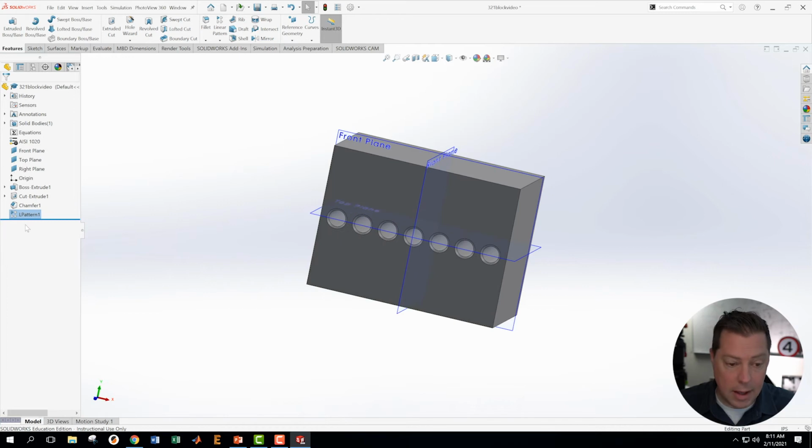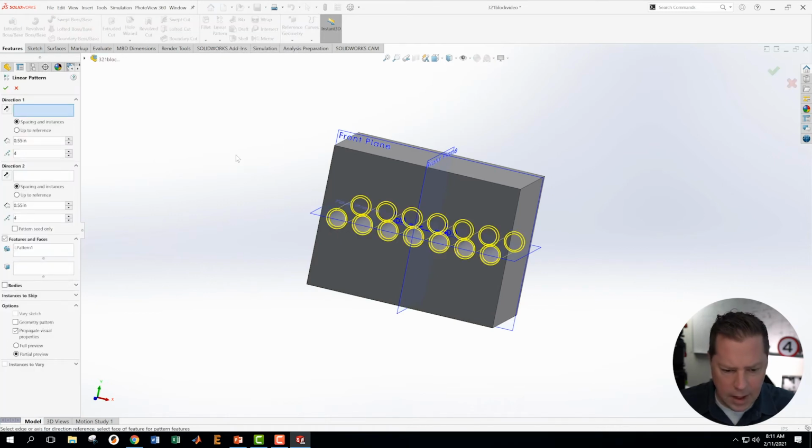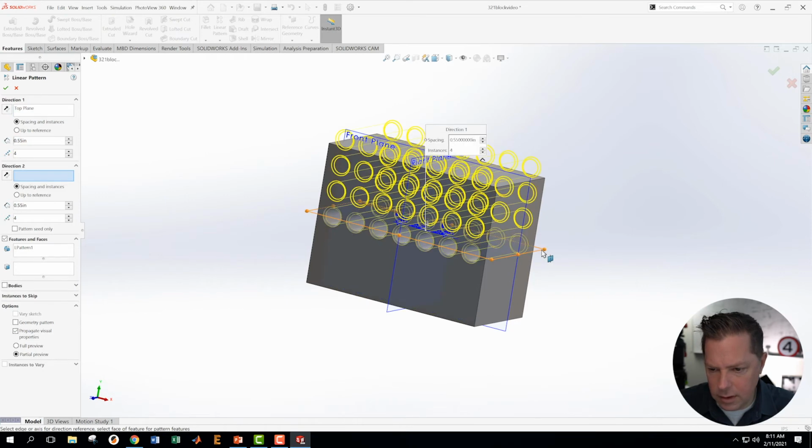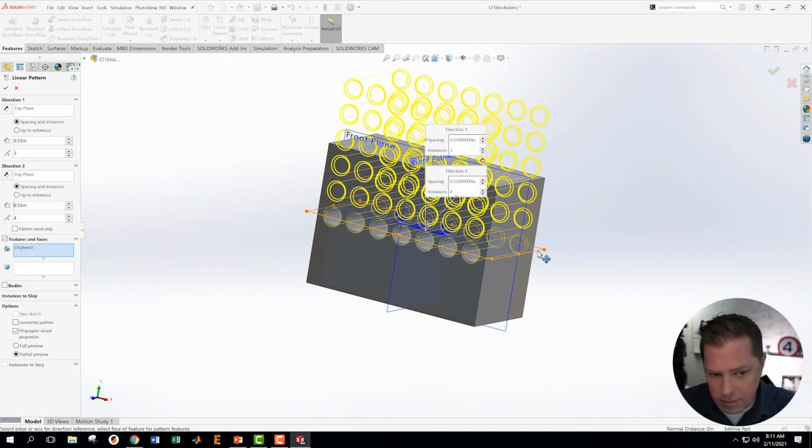Now I want to take this pattern and make a linear pattern of this pattern. I'm going to go in this Y direction, I can see by the origin down there. Okay, direction is this one. We're going to have the same pitch that we just had a second ago, but we're going to drop one of those. And then in our second direction, we're going to go in that same direction that we did before,